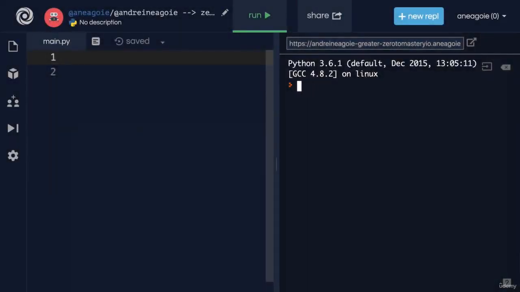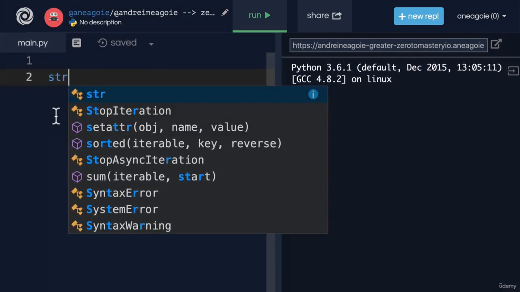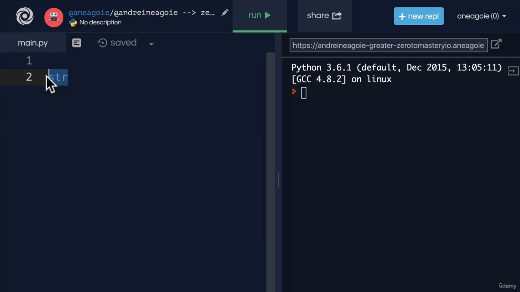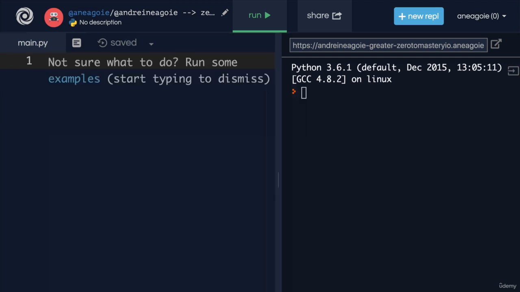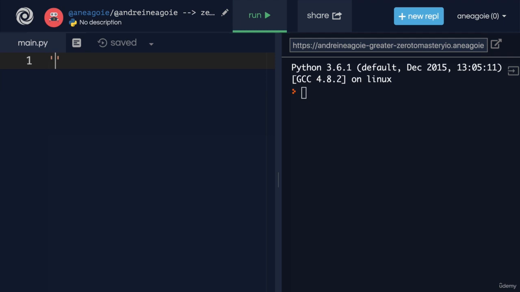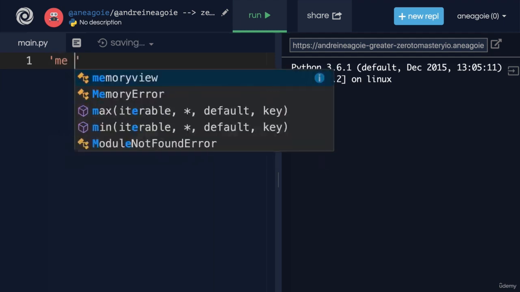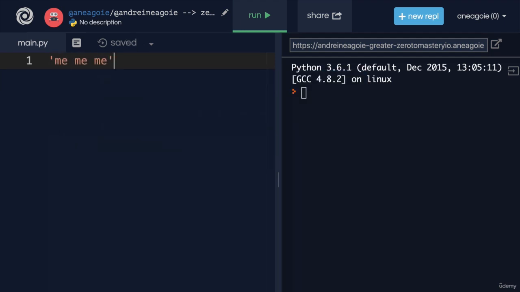Now, up to this point, we've learned that str is an ordered sequence of characters, right? It's essentially a piece of text where we can write our names, passwords, paragraphs, and sentences. And strings underneath the hood are stored in memory, as I said, as an ordered sequence of characters. So for example, if I had the string me, me, me, me,